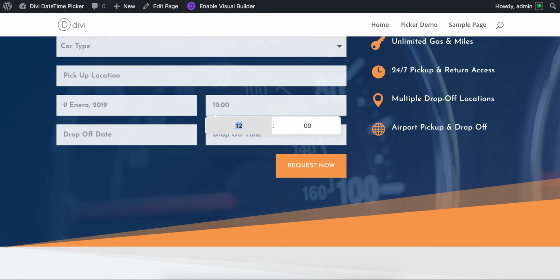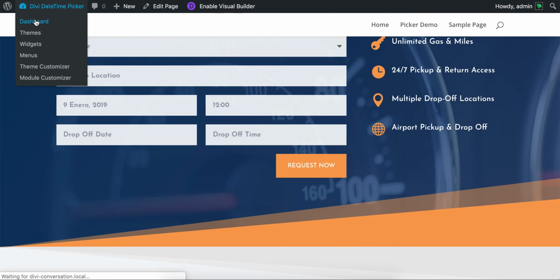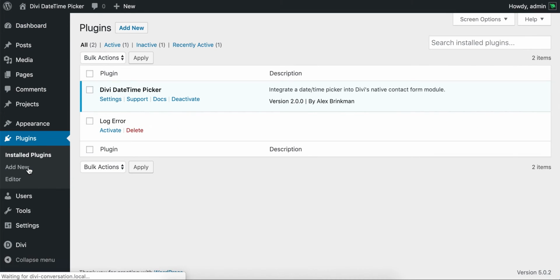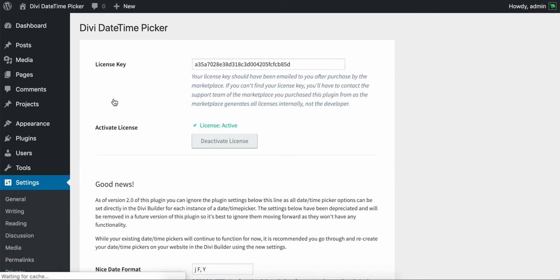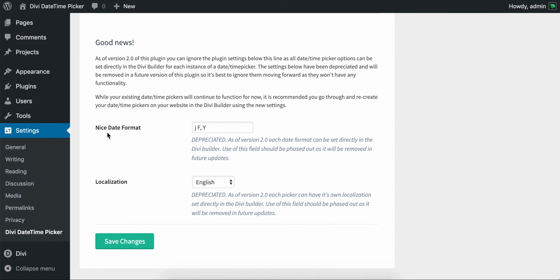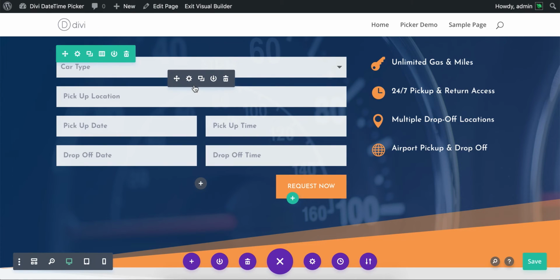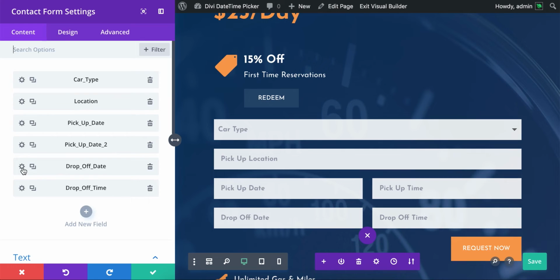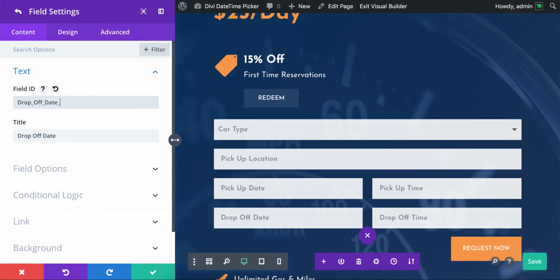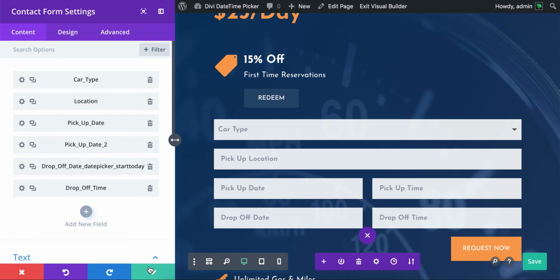So the last thing that I wanted to show you is, let me jump over to the dashboard here and the plugin's settings page. So in version 1.0, this is where you changed the date format and the localization. These are now deprecated. I'm leaving them here so that websites that were using 1.0 and that upgrade to 2.0 will still function. It will all still work. And actually, if I come over here to this bottom one and go the old school way, so this drop-off day, the old way of doing this was to write date picker for the date picker and start today if you wanted no dates before today. And if I save these changes